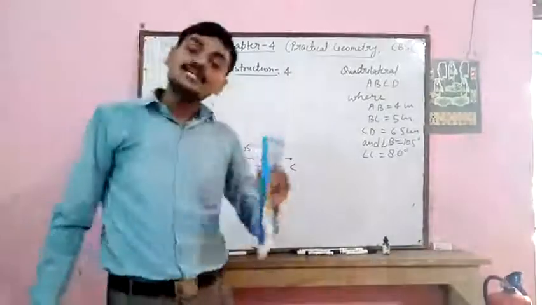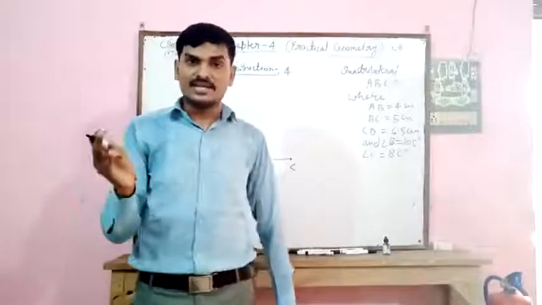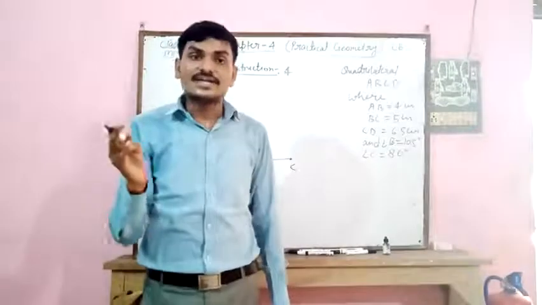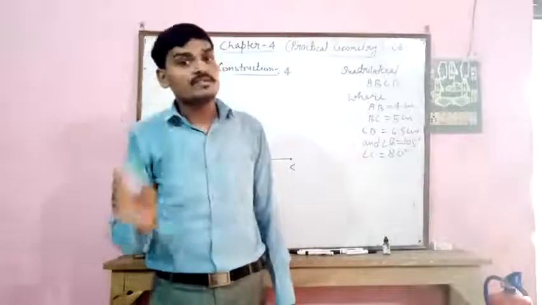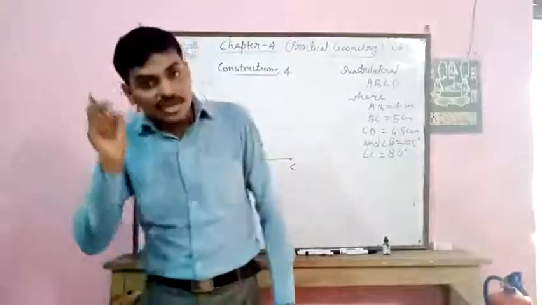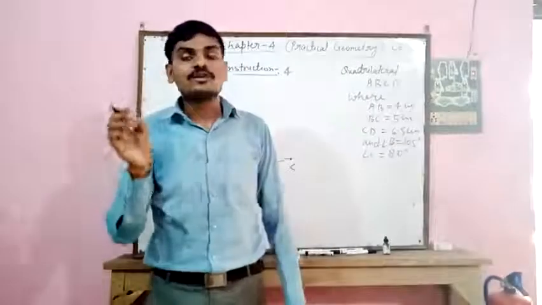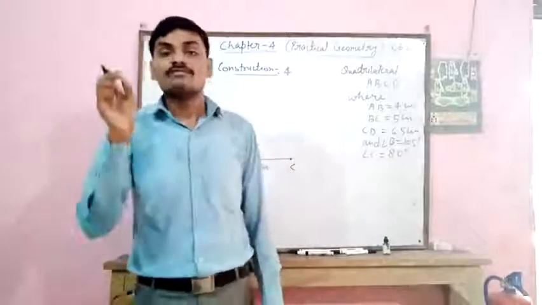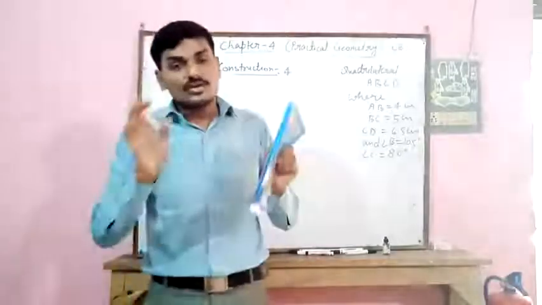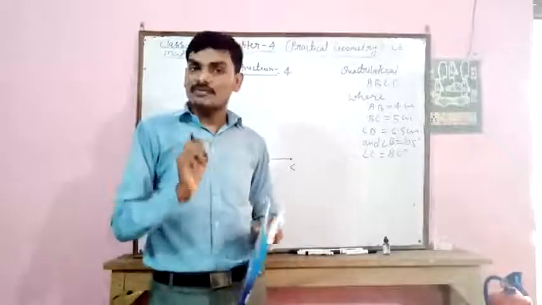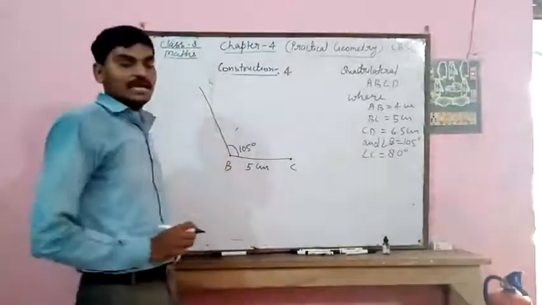You have already studied in your class 6 and 7 how to draw the angle 15, 30, 60, 75 and 90 degree with the help of ruler and compass only. So no need to explain how to draw the angle 15, 30, 45, 60, 75, 90 and 120 degree here. Here we will discuss the construction, not the drawing of any angle with the help of ruler and compass only. So just draw the 105 degree at B.